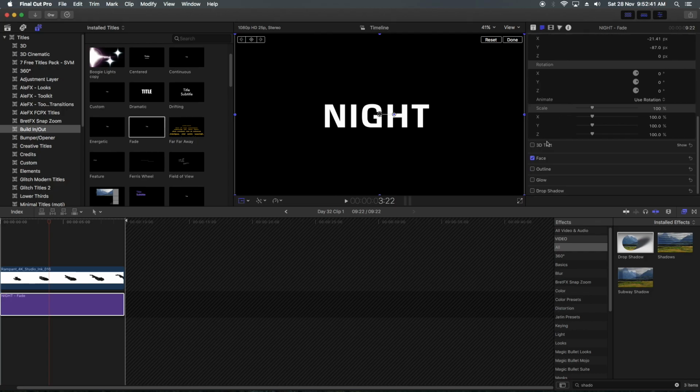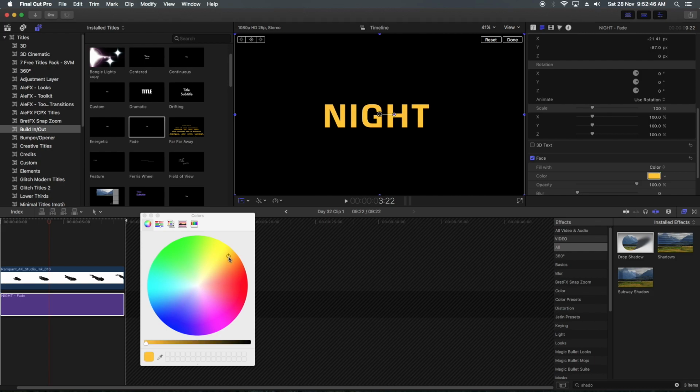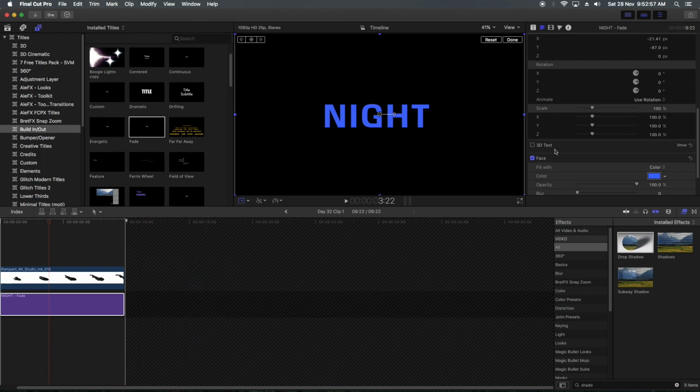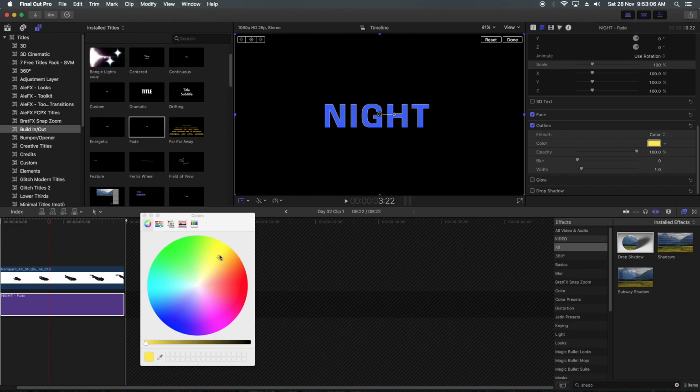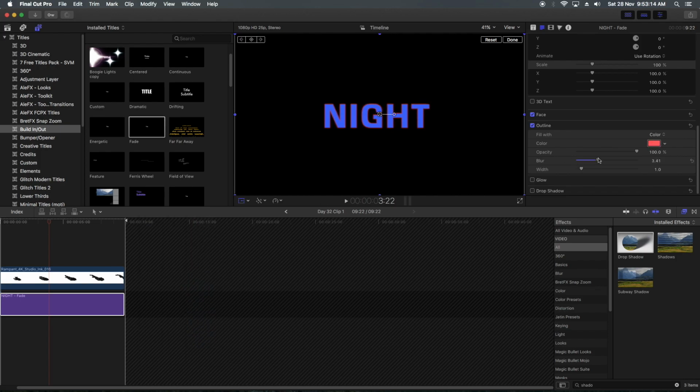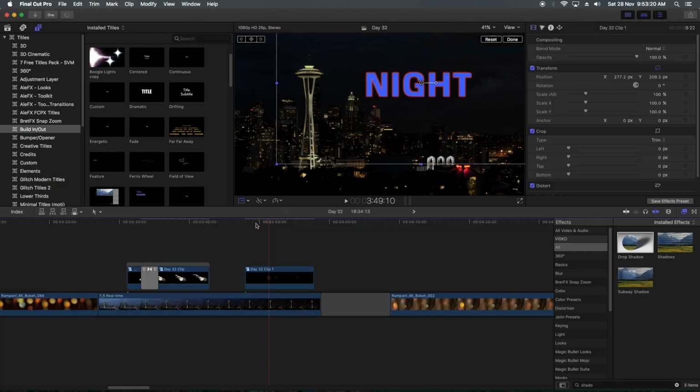and first of all let's change the color, make it more blue, and I also want the outline. As soon as I click on outline, I can use any outline. At this stage we'll use red, make more blur, make more width, and then if I come here,